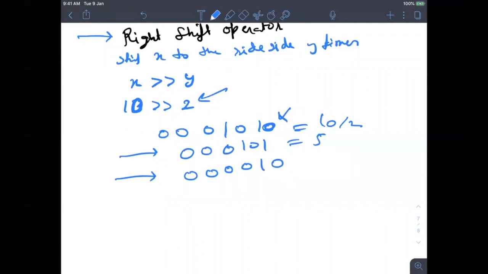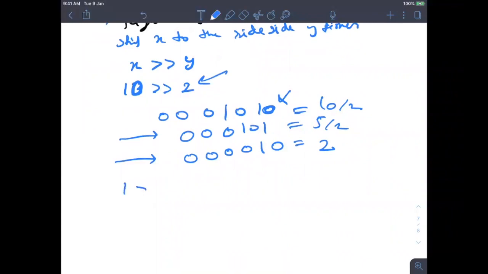Take 5: you are removing one bit from the end, so you are dividing 5 by 2. So you can imagine right shift like this: x right shift 1 is the same as x divided by 2.